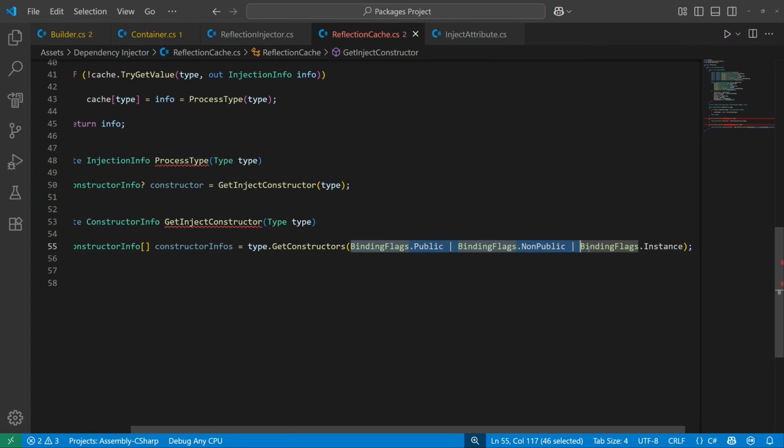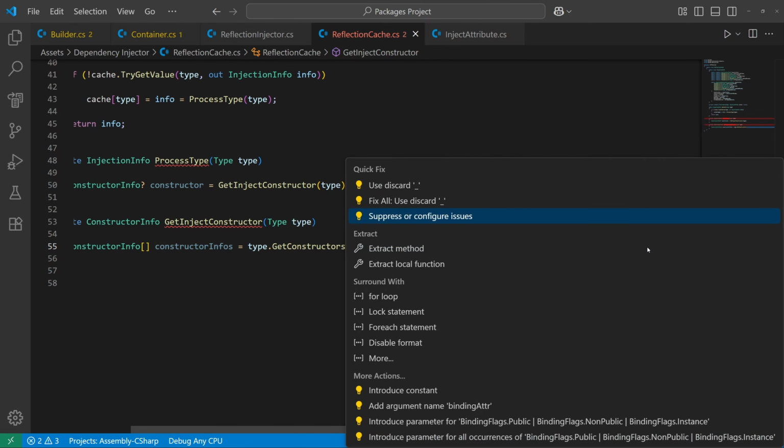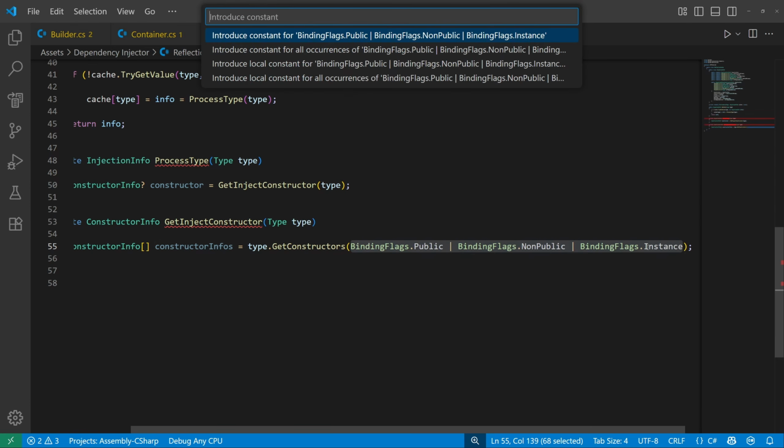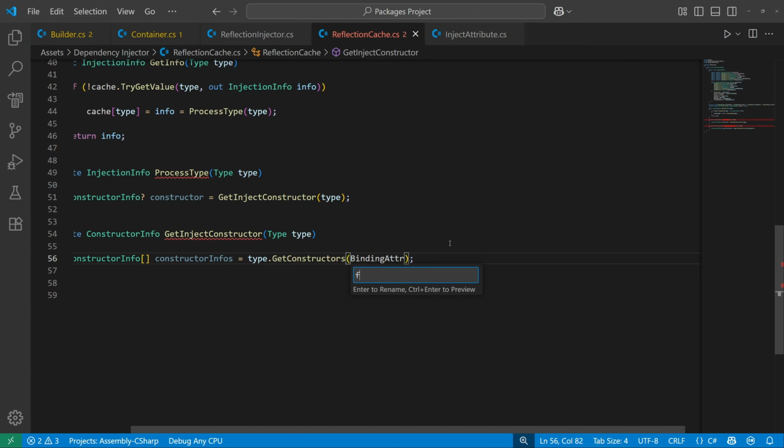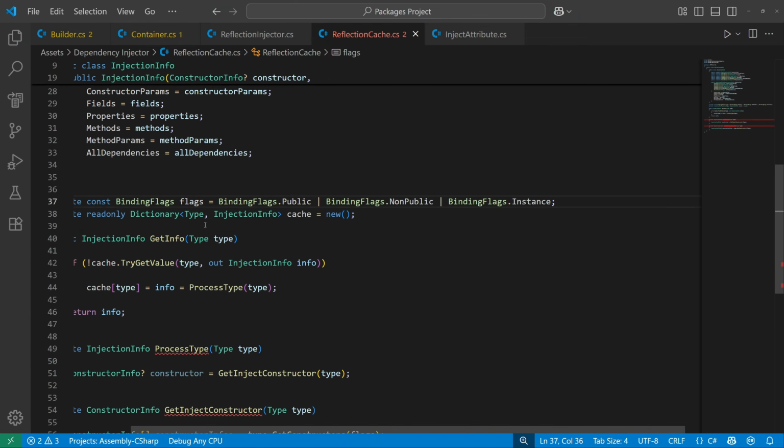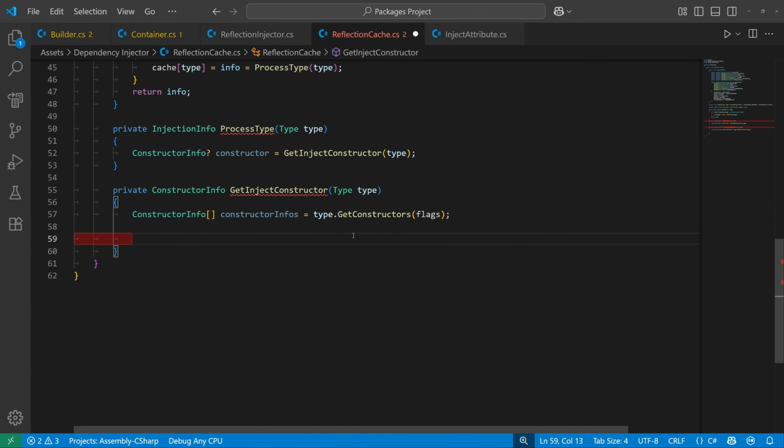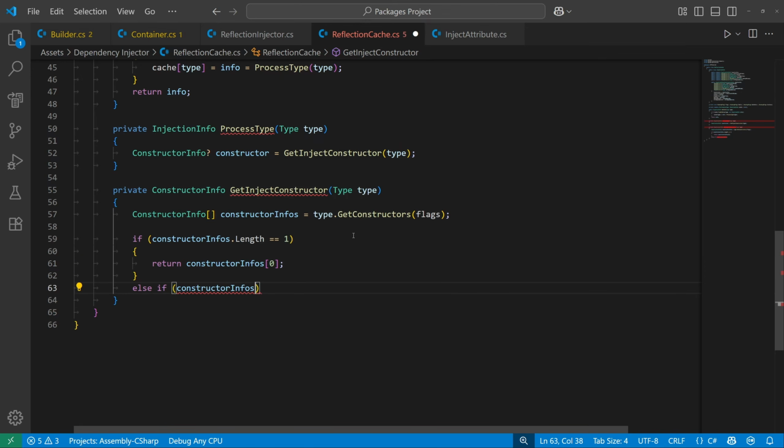Let's actually extract this as a constant variable, and simply call it flags. We get all of the constructors. If there's only one, then we can simply return that because there's no other choice. If there's more than one,